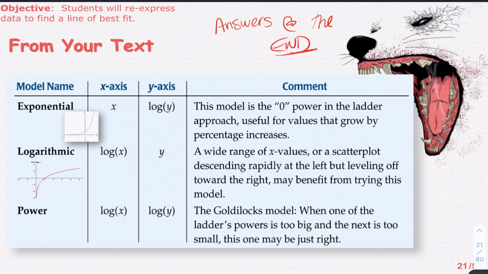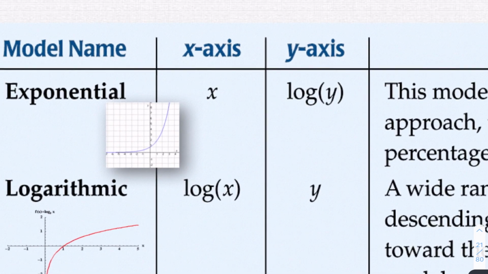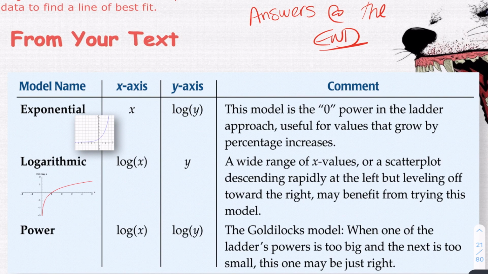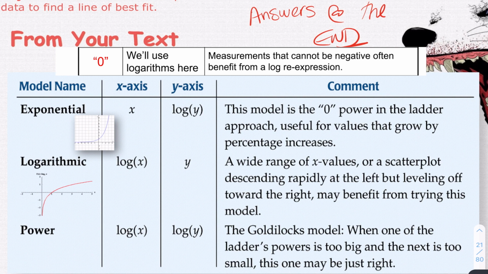Okay, so this is from your textbook. As we talked about, AP loves logs. So let's go over why that is the case. Now, if you think back to your math classes, if we have an exponential function, this model is the zero power in the ladder approach. And it's useful for values that grow by percentage increases, which is why we're taking the log of the y